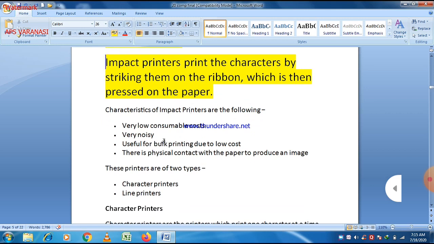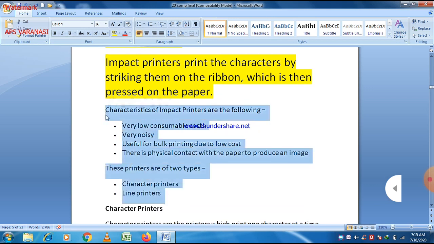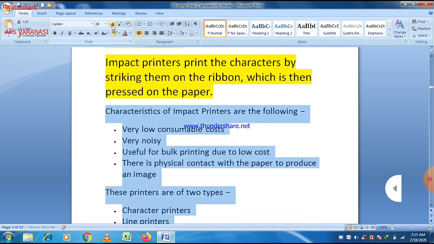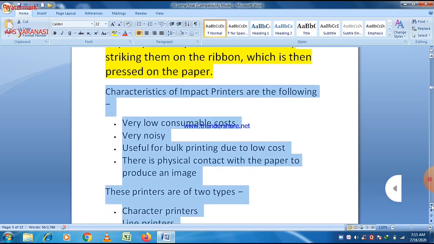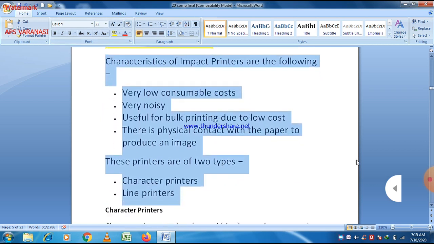So they are very cheap, and nowadays impact printers are not very much used because they are very noisy, and they are useful for bulk printing due to low cost. So they are basically used for personal work, not very professional work. If we want to take more than 100 copies, something around that, then we